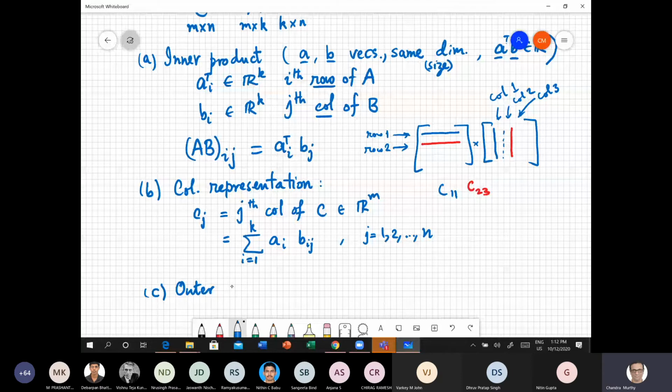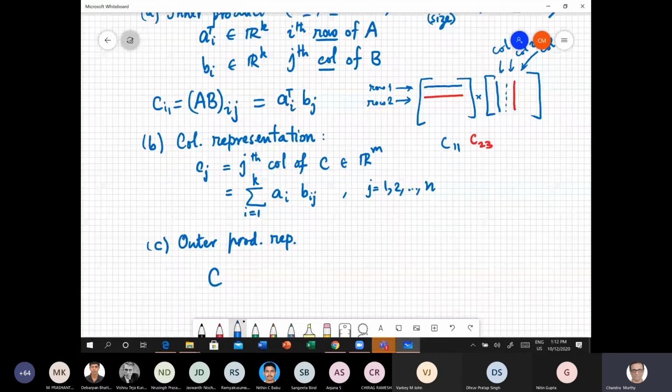Here we looked at how to write an ijth entry of C, a single entry of C. This is for getting you an entire column of C. And this is a representation which will give you the entire matrix C itself. This is equal to summation, I'll write it in terms of i, equal to 1 through k, ai